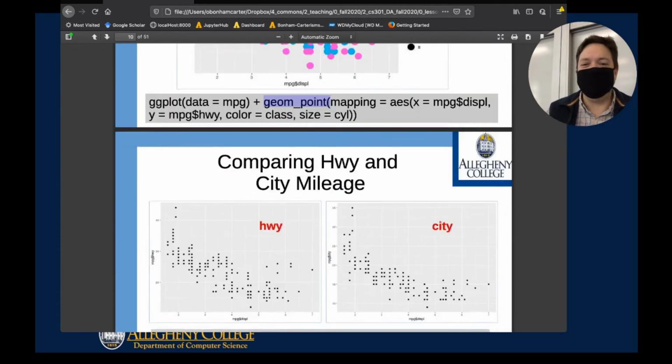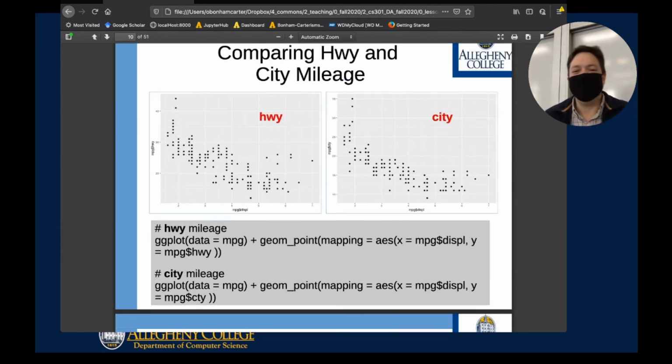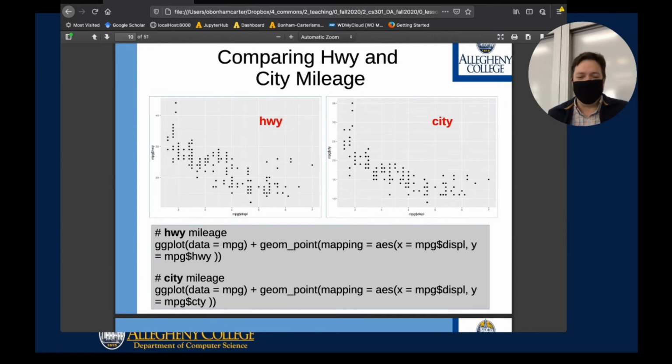Now, supposing I wanted to run the same kind of analysis and compare the city and highway. You can see from these two different plots, you can put the code in there and actually look at these, but I like to have them on the same page so I can see them both together. This is a boring graph, there's no color and no sizing, but we could add that. But you can see there is a common trend, and that is that cars that tend to do poorly on the highway tend to do poorly in the city too,